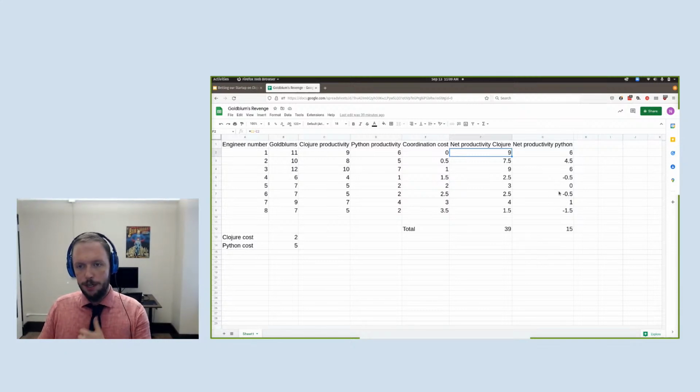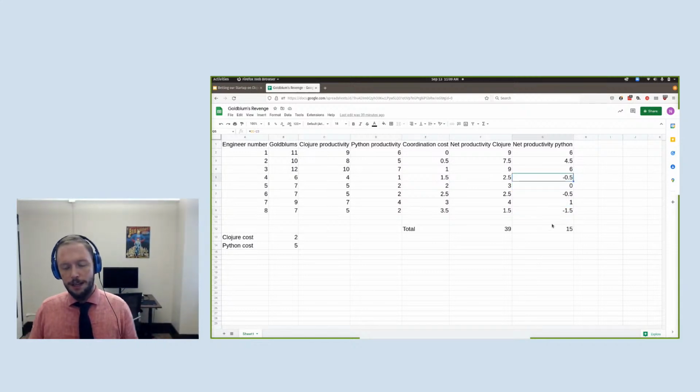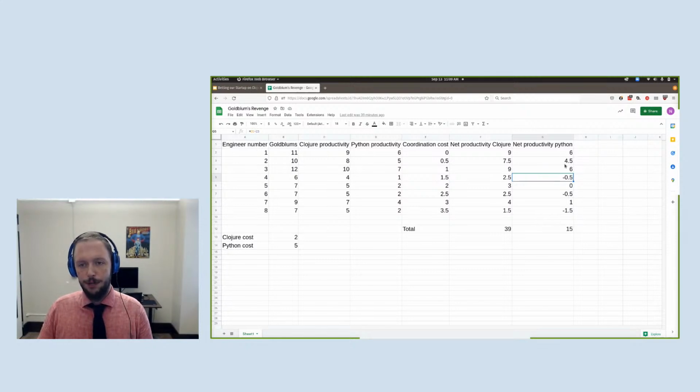But with this particular one, it's not even a guarantee that you add an engineer and it helps the team be more productive. This is actually a particularly unlucky run, but essentially your first 3 engineers would be more productive than if you added 5 more engineers to the team if the language is Python.